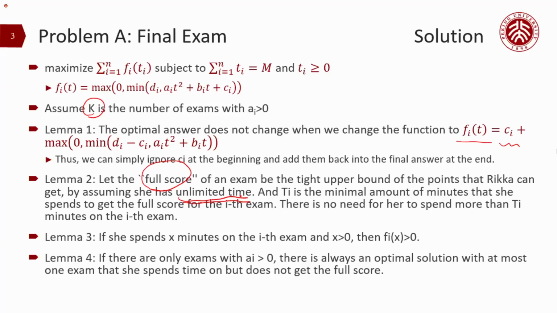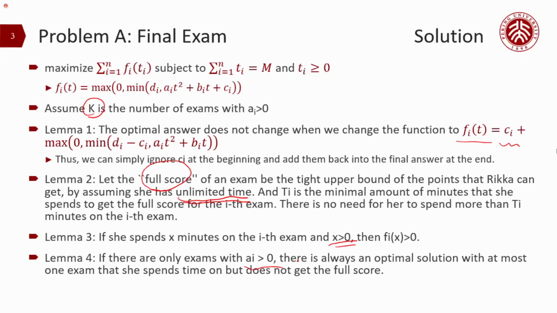how many minutes we need to spend on the exam, and after we exceed that number of minutes it is of no use. So we can define this concept to help us analyze this. Then in the following, we analyze more properties: if we spend non-negative minutes x in the exam, then we always have a positive weak row. And if there are only exams with a_i greater than 0, then there's always